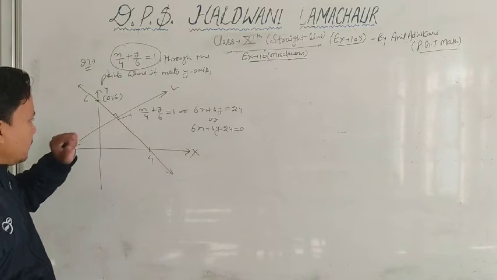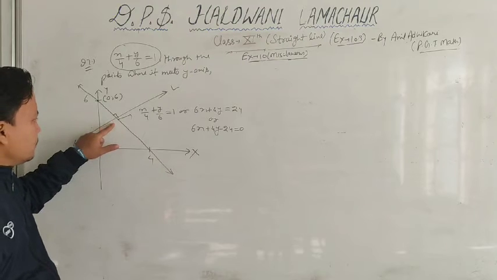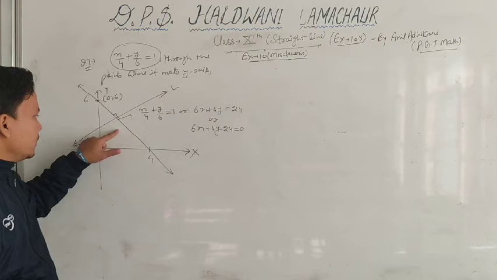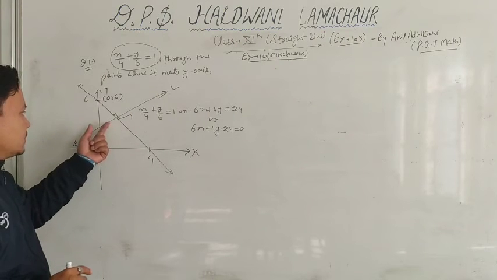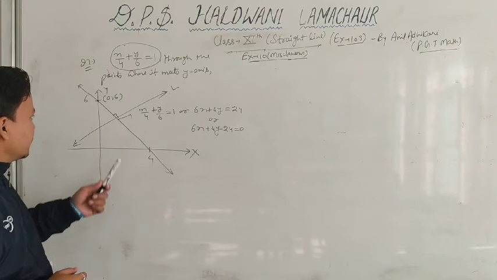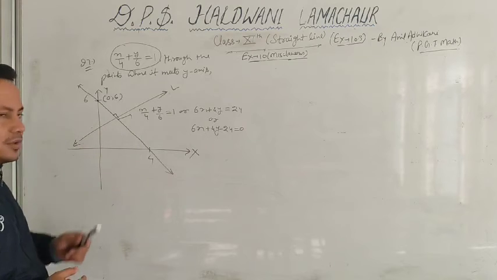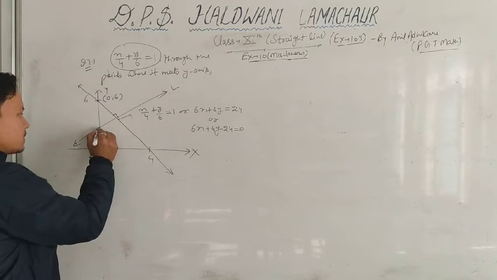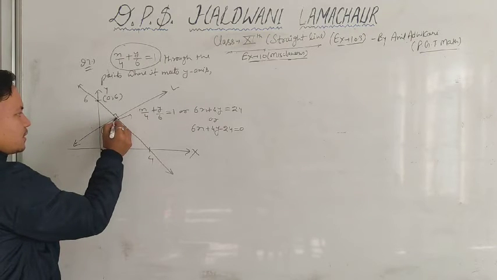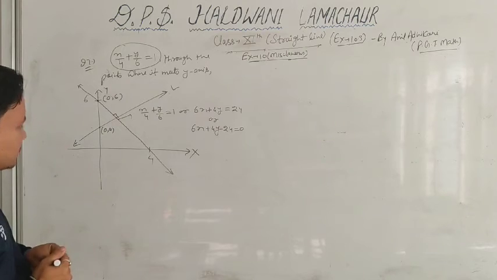Okay, so now what we have to do? We have to find the equation of this line. So slope तो इसका easily find हो जाएगा. ठीक है, now we have to concern about the point on this line. तो बेटा पॉइंट हमें find करने पड़ेंगे, ठीक है, इस लाइन पे. तो पॉइंट find करने के लिए हम क्या करेंगे? Since this line is cutting y-axis at this point, y-axis को इस पॉइंट पे कट कर रहा है क्या? तो इस पॉइंट के coordinates मान लो 0,8. ओके, और इस पॉइंट के coordinates कैसे find करेंगे हम? इस पॉइंट के coordinates find करने के लिए मिड पॉइंट करोगे काम नहीं चलेगा.